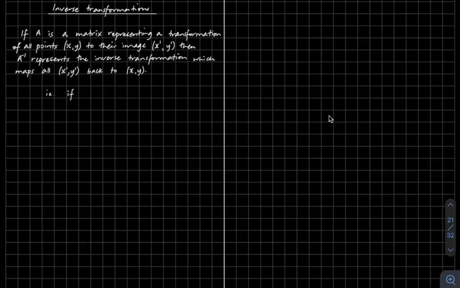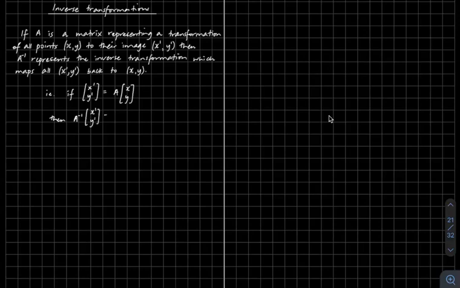We're saying if we can get all image points x dash y dash by multiplying the matrix A by all the coordinate points x, y, so A is producing the transformation which takes x, y to x dash y dash, then we could multiply by the inverse